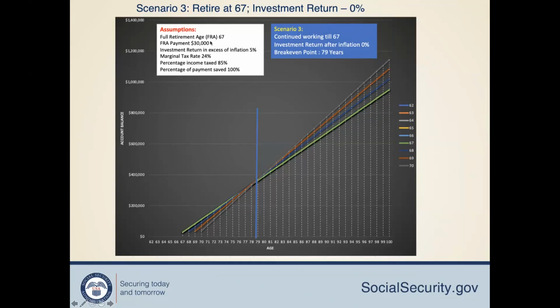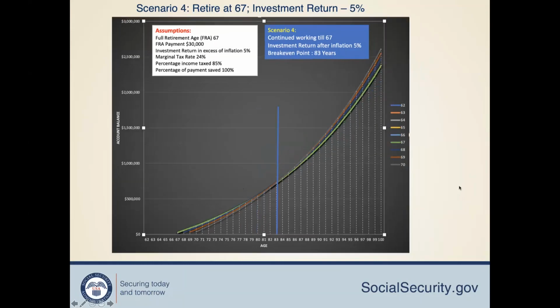Okay, so the second use case is retiring at 67, right? When you're retiring at 67, I'm assuming that all the salary, even if you claim at 62, 63, 64, is withheld and paid back to you, right? Because of that, again, the break-even point is 79. So it doesn't really change even when you start collecting. Obviously, the money will be substantially different, but it really doesn't change.